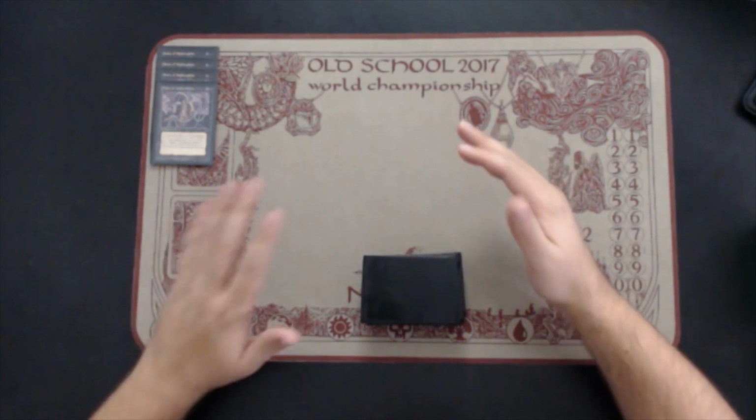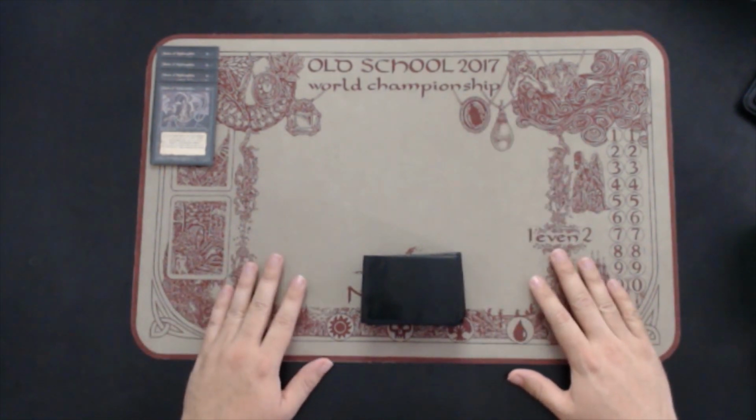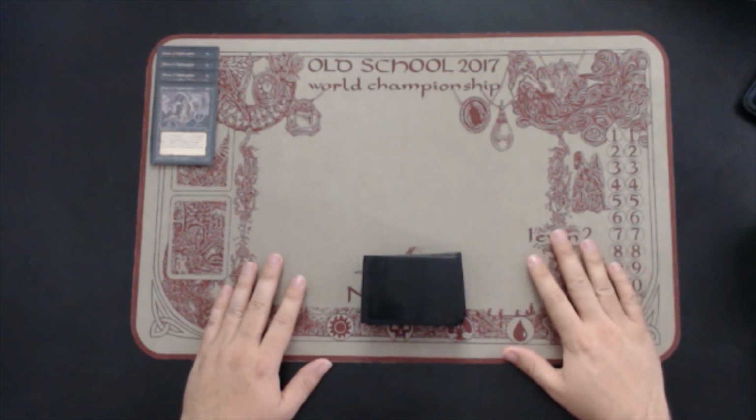And I looked at that and I said, wow. If you have to discard two to get one, you could run out of cards really easy. And so that's what I set out to do. I wanted to make a deck where your opponent didn't get to draw a card ever for the rest of the game. I wanted to lock down their ability to draw cards. That sounded fun to me. I had no idea whether I was going to win this event. It was my first in a long time, and I thought that would be fun to try to do, and maybe it would even work. So